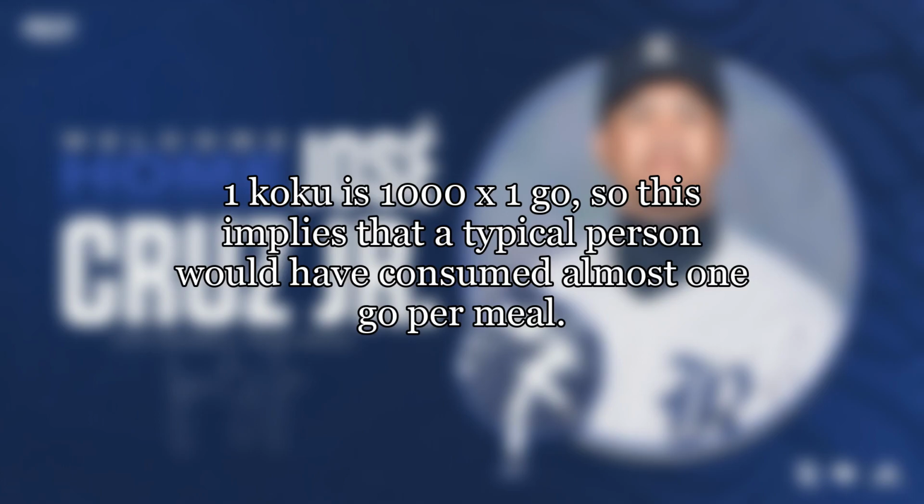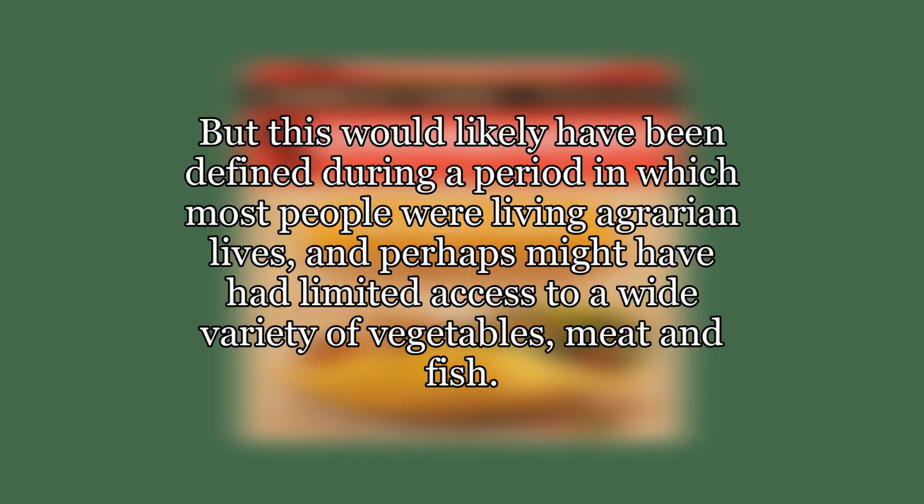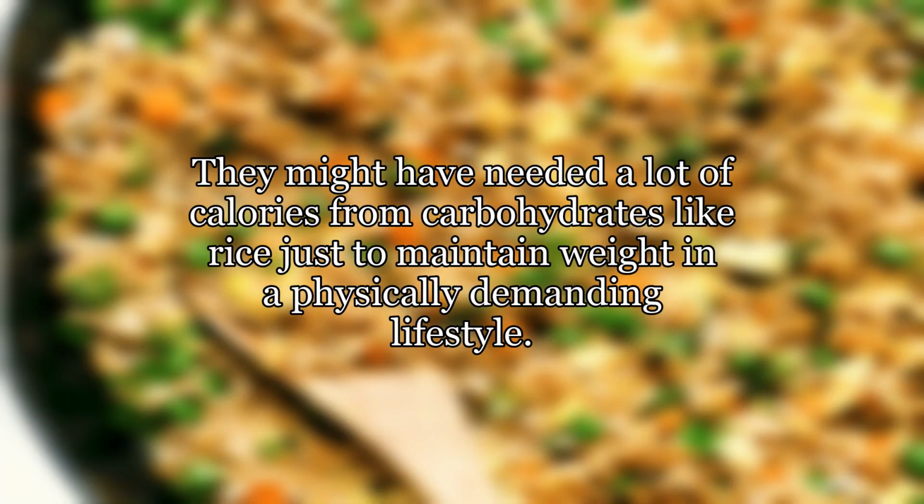per meal. But this would likely have been defined during a period in which most people were living agrarian lives, and perhaps might have had limited access to a wide variety of vegetables, meat and fish. They might have needed a lot of calories from carbohydrates like rice just to maintain weight in a physically demanding